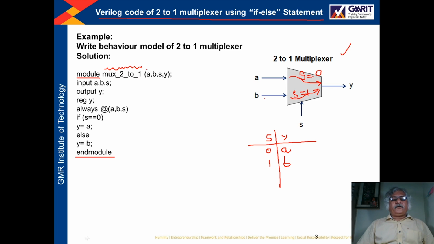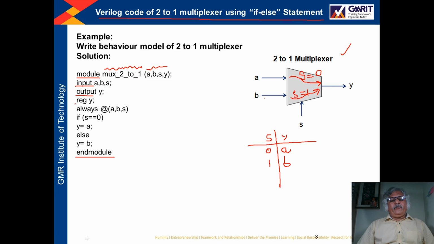Now the ports of this mux are A, B, S and Y. So this multiplexer is connected with the outside world through the A, B, S and Y ports. Out of these 4 ports, we are now declaring inputs: input ports are A, B, S and output port is Y.